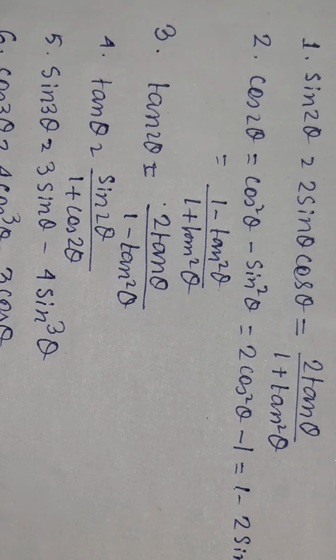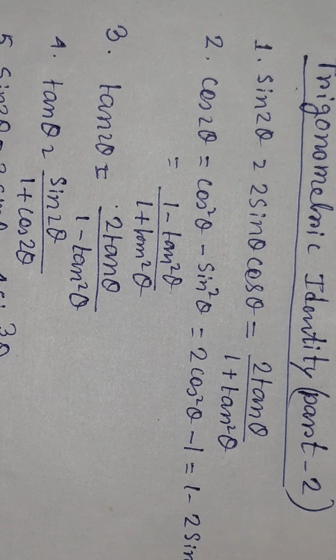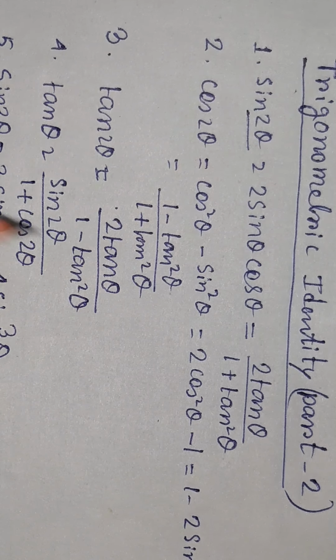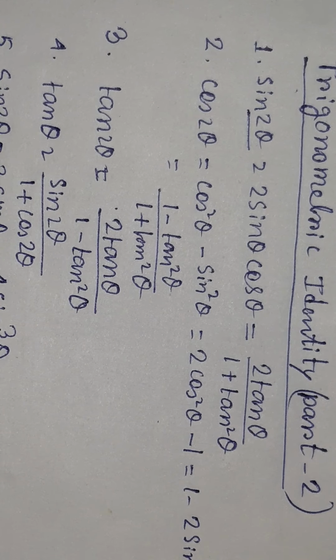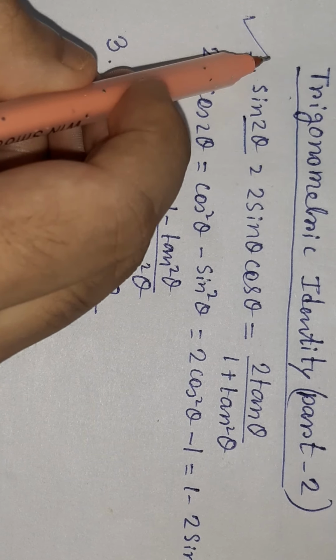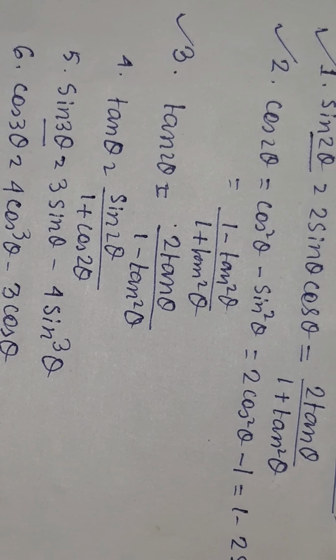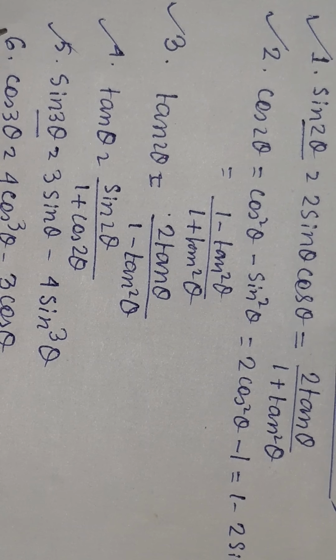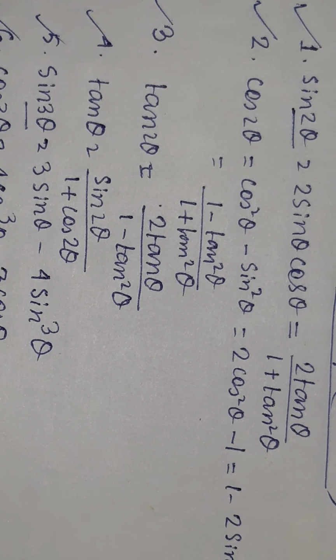So you have just learned the various important trigonometric identities of multiple angles. If we have 2 theta and 3 theta, then what will be their corresponding sine, cos, tan, and if we have sine, cos and tan, you can simply find cosec 2 theta, sec 2 theta and cot 2 theta in the similar way. So what is sin 2 theta, cos 2 theta, tan 2 theta, sin 3 theta, cos 3 theta and tan 3 theta, which are very important.